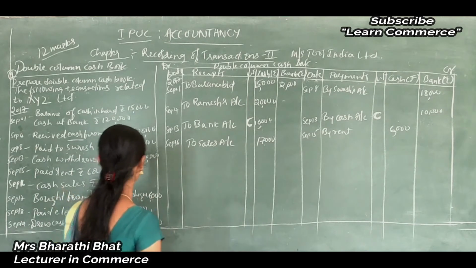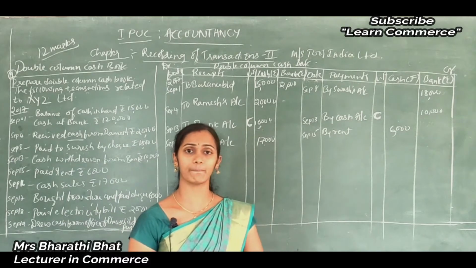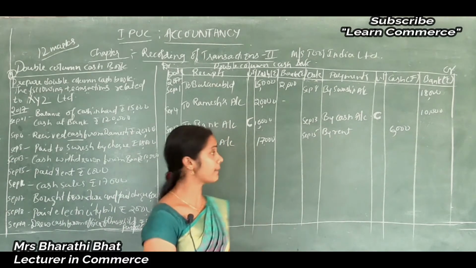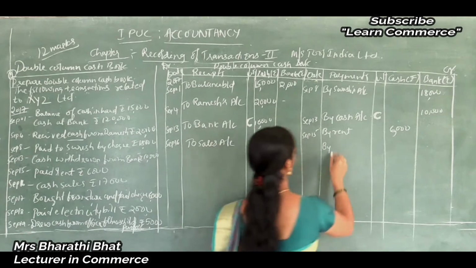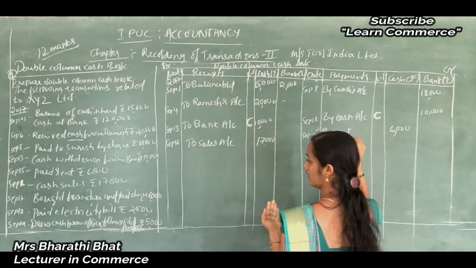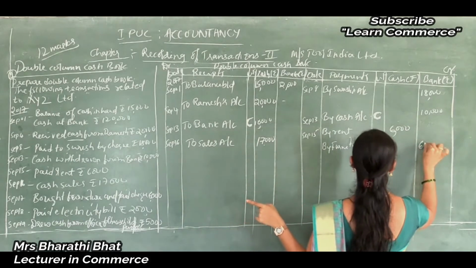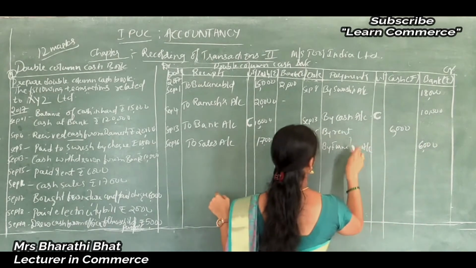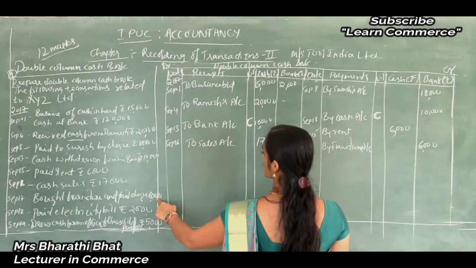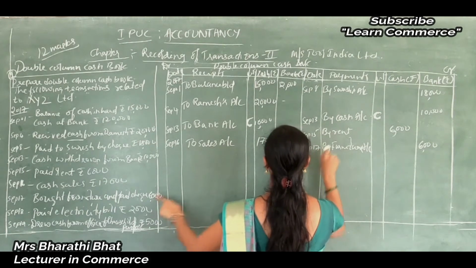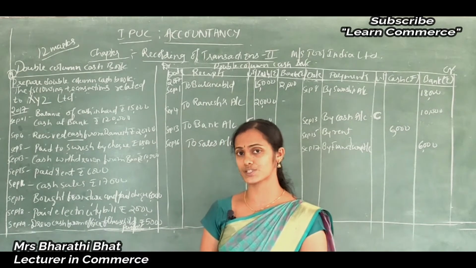Next one, bought furniture and paid by check. They bought furniture and for that they paid by check instead of cash. So by furniture, they clearly specified what they purchased, so we can easily write by furniture account, amount in the bank column because they paid by check. By furniture account, amount in the bank column because check paid. So, September 17. And next one, September 18, paid electricity bill.